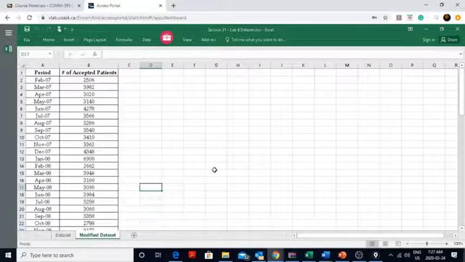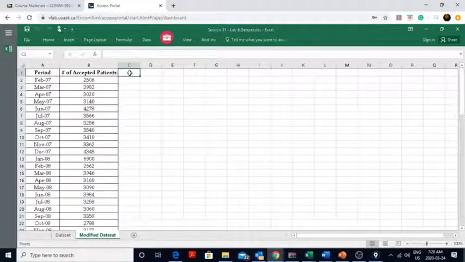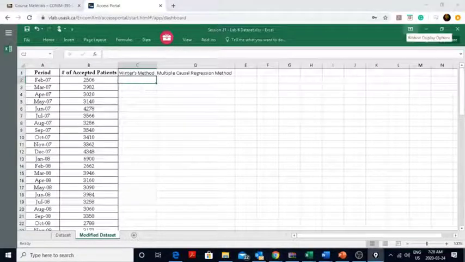So we're going to do step 0. Why do I call it step 0? Because we need to prepare the sheet and how to apply regression. For step 0, I'm going to call column C Winters method and column D multiple causal regression. So we want to get the fitted values in column C for Winters method and column D for the multiple